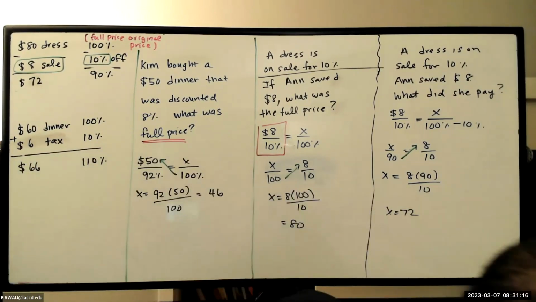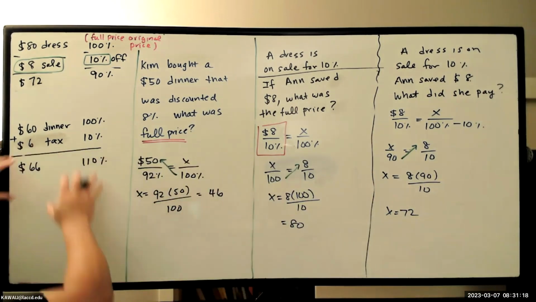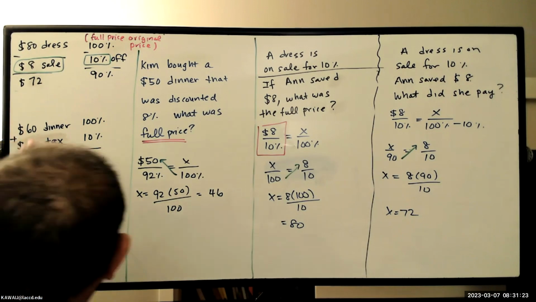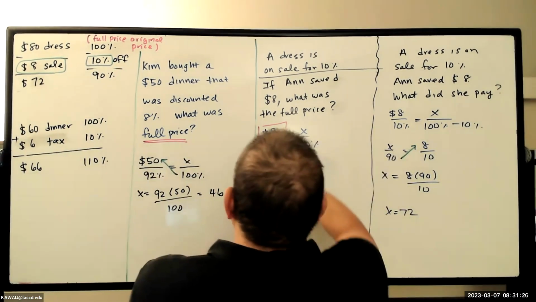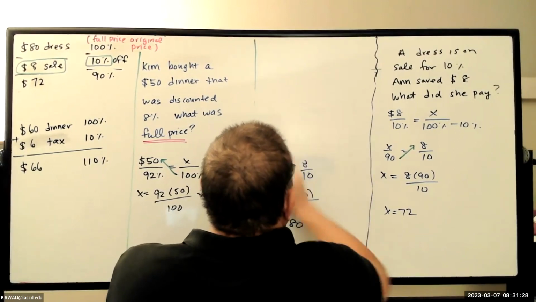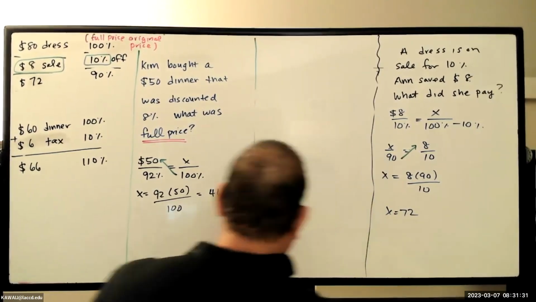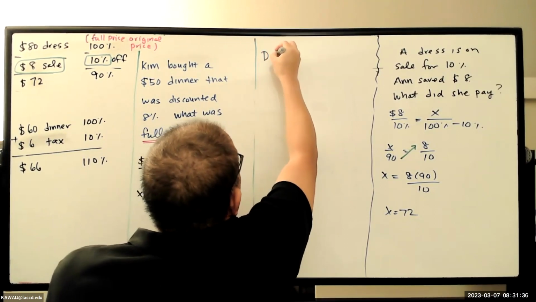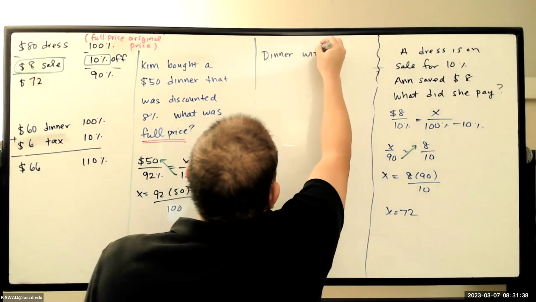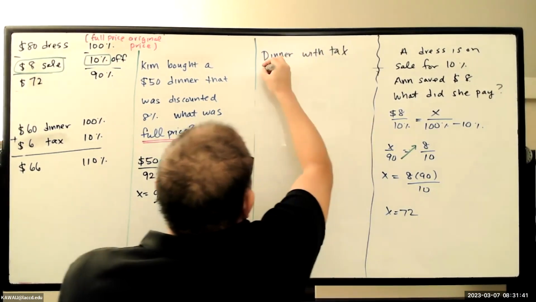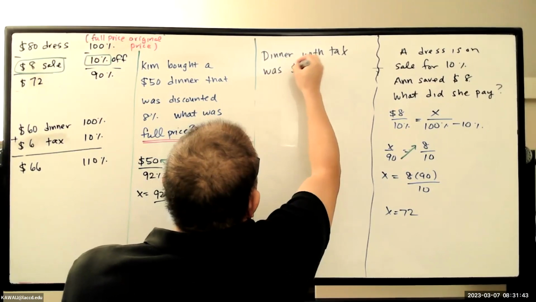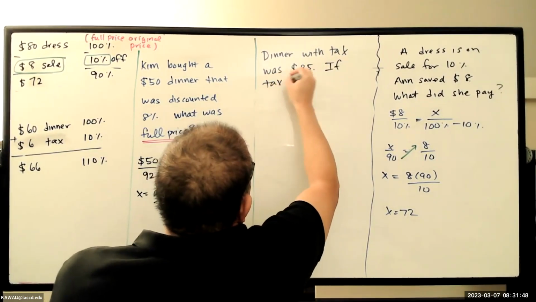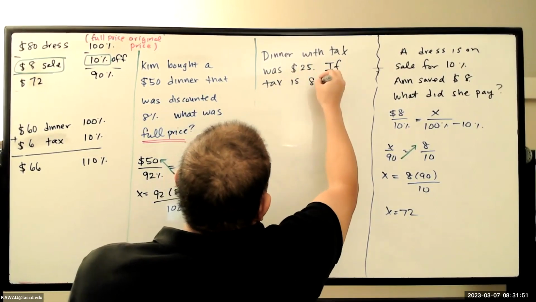Let's try another one. So let's try one that's sort of in this genre where we're adding. Dinner with tax was $25. If tax is 8%,